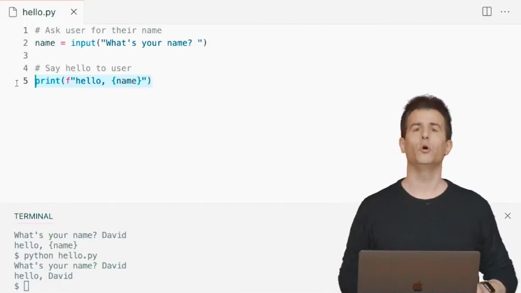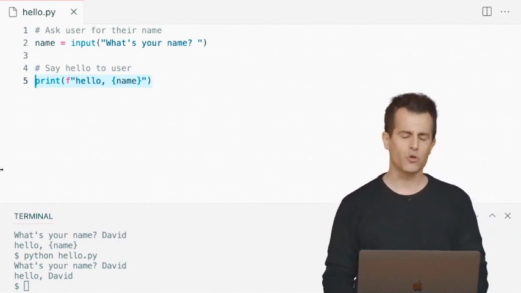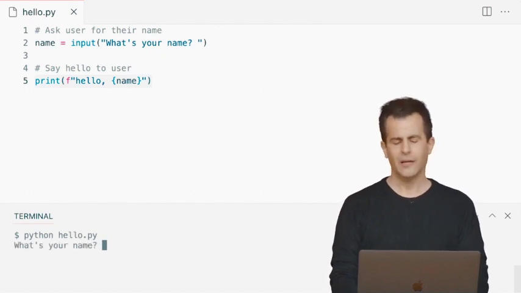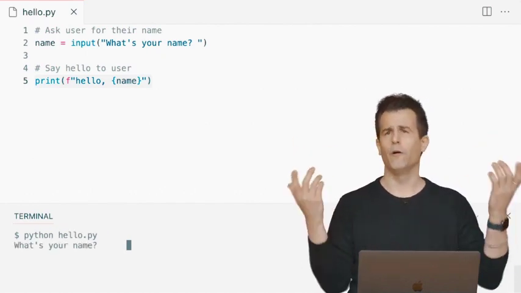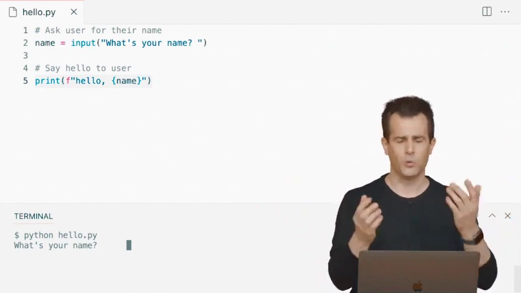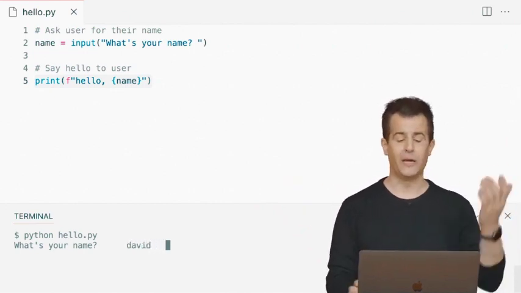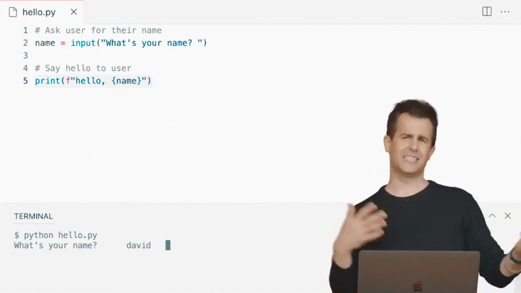So let me go back to my code here, and let me just demonstrate what might happen if a user doesn't cooperate. If I go ahead here and run python of hello.py, enter, let me just sloppily hit the space bar a few too many times. Why? I just wasn't paying attention. And now I'm going to type in my name, david, and I hit the space bar a couple more times. It's kind of a mess.